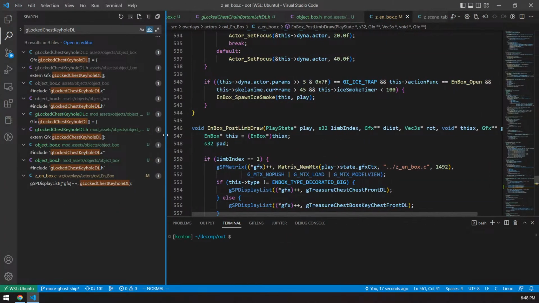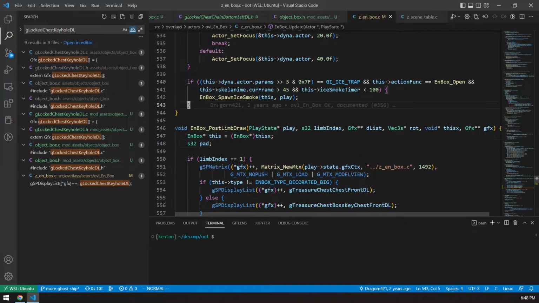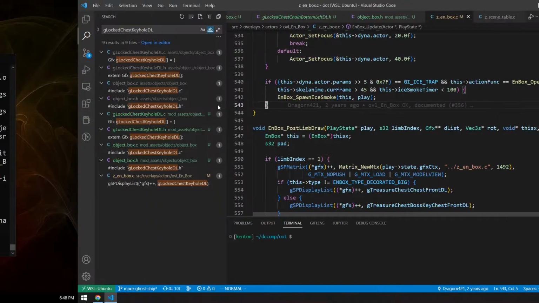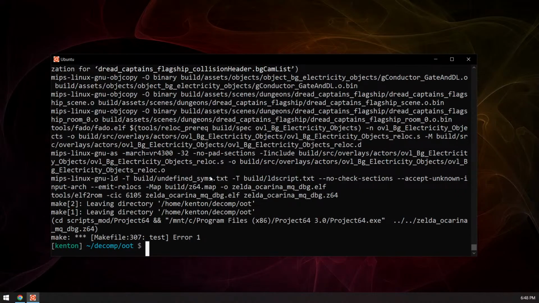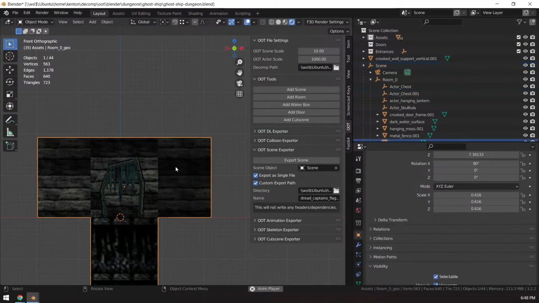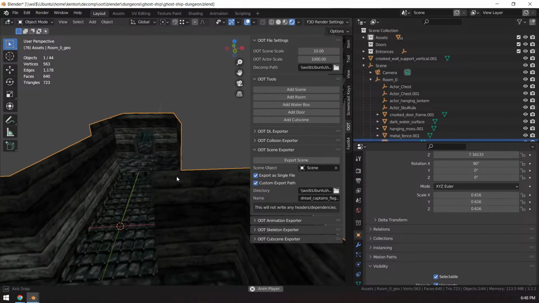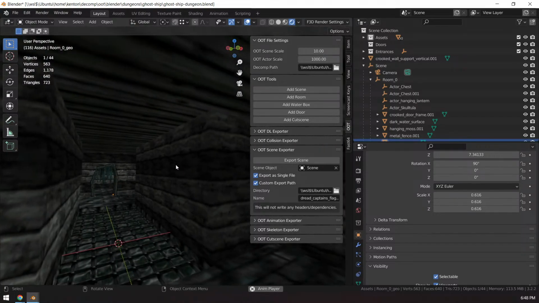Cool. That's gonna do it for today. Next time all those things that I said we'll do, and then we'll have locked chests. I think that's a really cool idea. I'm excited for this dungeon. This pirate ship dungeon is shaping up to be a lot of fun to work on so far. We'll have a couple more custom actors because we need a bunch of destructible debris, like barrels and stuff to roll through, and walls to break down, and all kinds of stuff like that. So there will be a lot of actor work for this dungeon as well, which I think